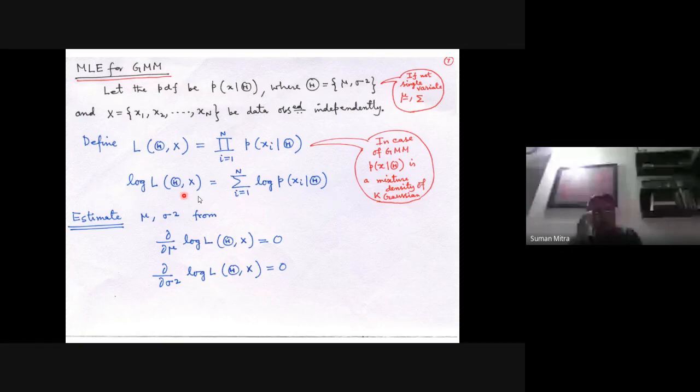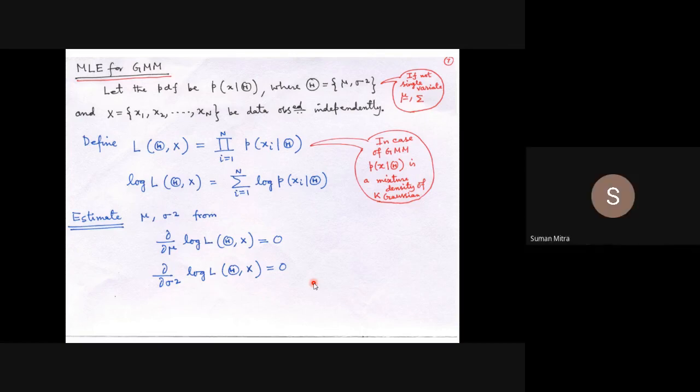So now this is my log likelihood. I have to take the maximization of log likelihood with respect to my two parameters. One is mu, another one is sigma or sigma square. So what I do is del mu of log L equal to 0, del sigma square of log L equal to 0. I give you 2-3 minutes. From that log L, can you differentiate and find out the value of mu hat and sigma square hat?